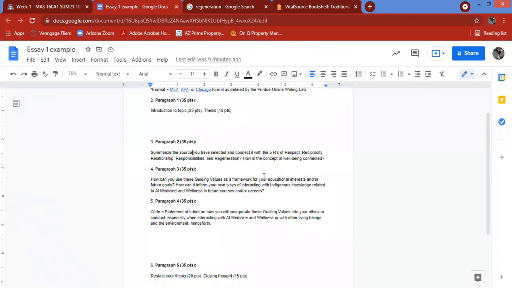So those are the concepts of the 5 R's. And what we want you to do for this first paragraph is to take one or all 5 of them and apply it to the source of your choosing. And so I chose, just as an example,